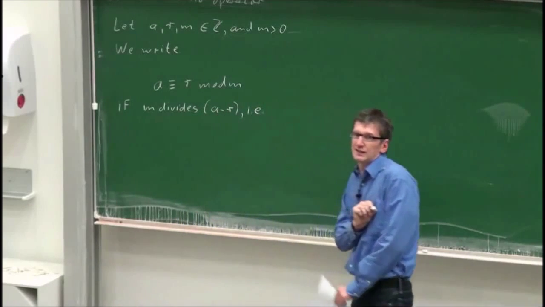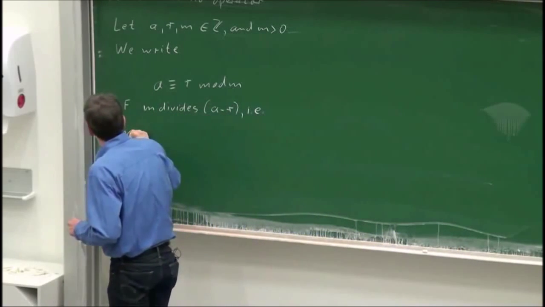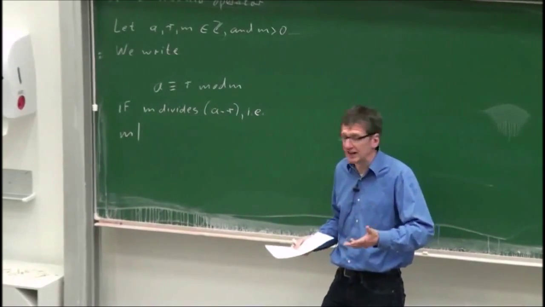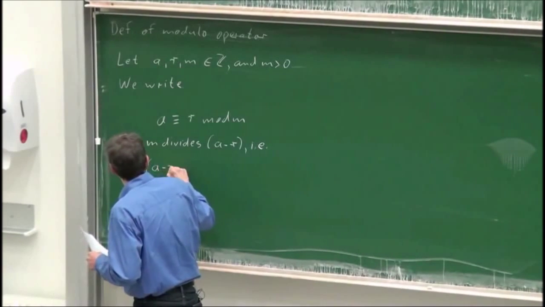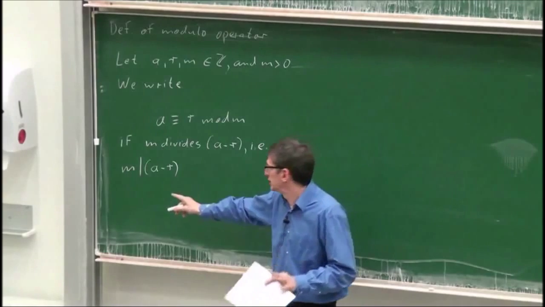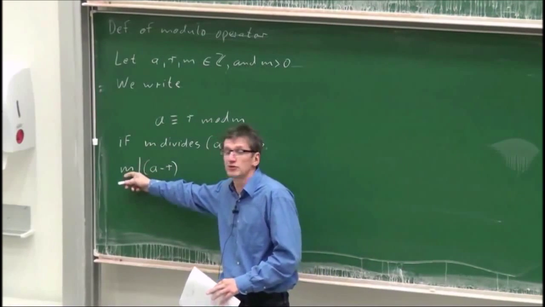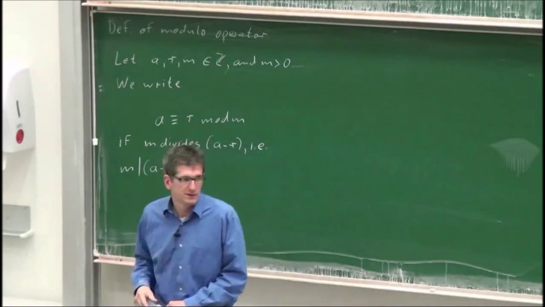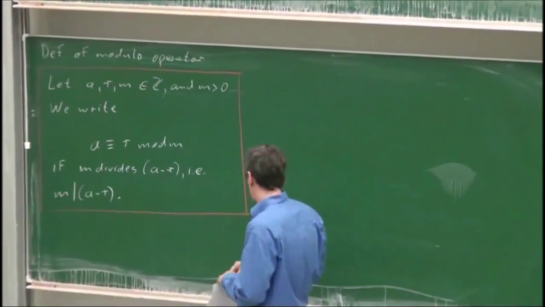i.e. das heißt, i.e. ist das heißt in Latin, and just a mathematical symbol for divides, if m divides a minus r. So this is just a new math notation. This bar, this strich here, okay, reads m divides a minus r. Okay. What is this? So now what this boils down to, we have to look at these three numbers which